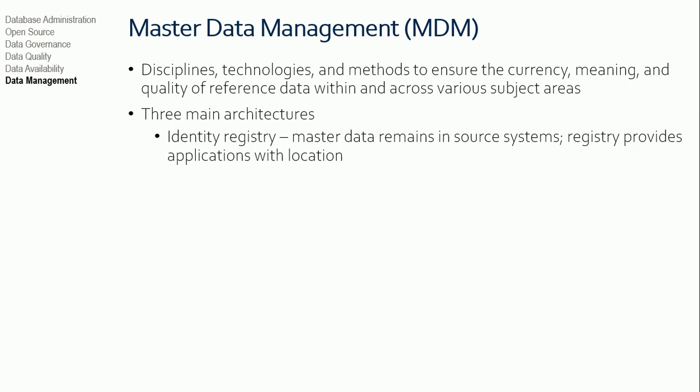In medical, we have a standard called XDS, which uses repositories and registries, where medical records can exist within repositories, but those repositories register those records in a registry so that if I'm looking for all of the records for a patient, patients might go to many different hospitals, right, within a system. And if I'm a doctor at a hospital, I'm looking up records about my patient. I'm not going to just look at my own repository. It's going to go out to the registry and say, show me all the places that records exist for this patient, so I can go to those different sources to get that information. So that's kind of what MDM does for us.